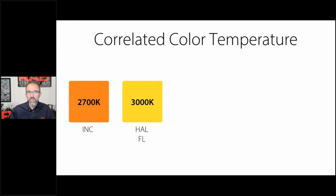If you go to numerous retail establishments, you'll actually see a variety of 5000K lamps. Usually those are being used for some type of a craft, so needlework or putting puzzles together, some type of a craft light. So there are some 5000K lamps that some people do use in a residential application. That may be something that you need because your customers are looking for that cooler color temperature. But again, remember, it's typically for a very small application, most likely not going to be used to light an